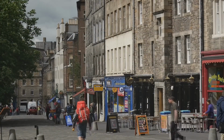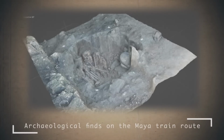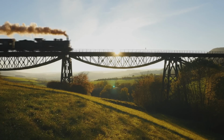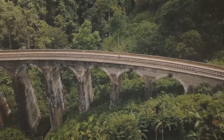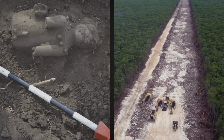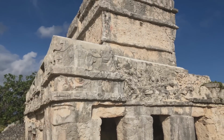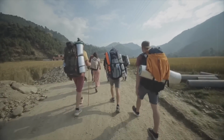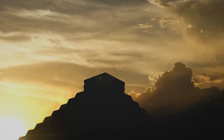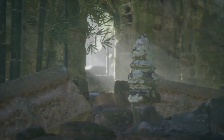From Scotland, we will travel to South America to ride the Mayan train. Archaeological finds on the Maya train route. Discoveries on the Mayan train route do not stop. Authorities are building a Mayan tourist train that will travel through jungles and caves. During construction, archaeologists have already discovered many ancient buildings, artifacts, and objects from the Mayan era. And the most interesting thing is that tourists will now have the opportunity to observe the ancient Mayan world during their trip, and perhaps someone will be able to see something new there that has not been previously discovered by